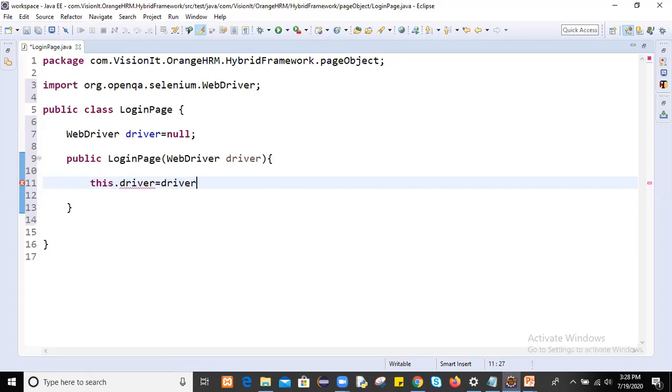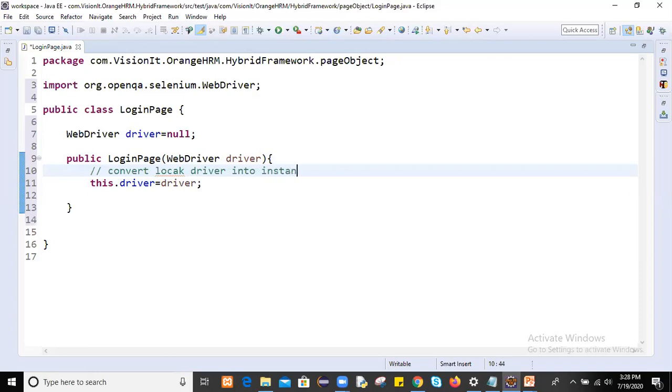Whatever local driver we pass, we'll convert that local driver into an instance driver. So local into instance.